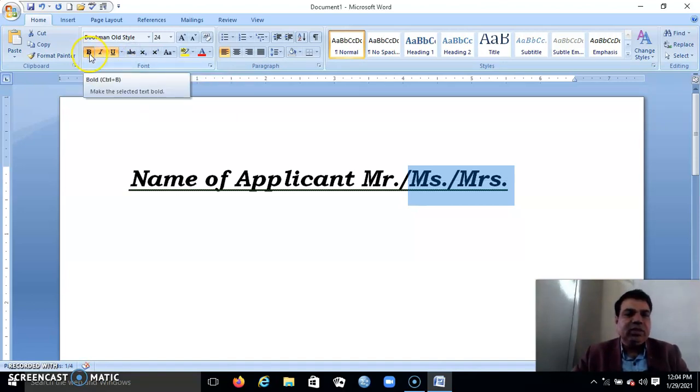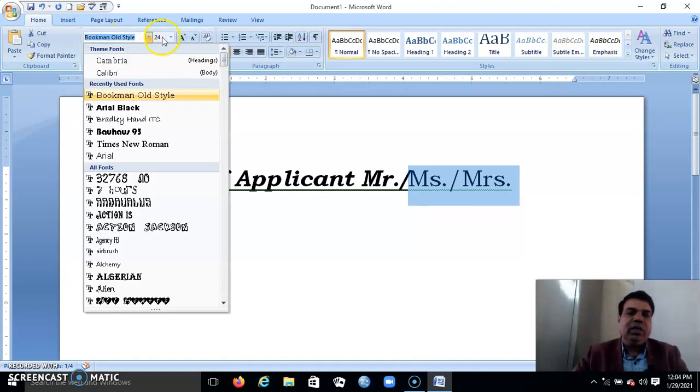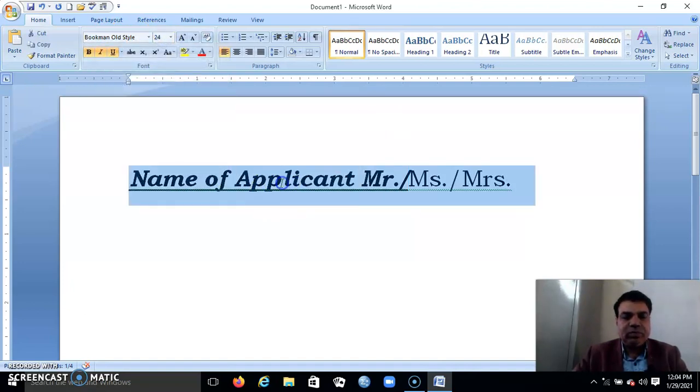Now we have understood bold, italics, underline, strike out, font name and font size. These are some more buttons. This button is used to grow font size. You can use the Control key with the greater than key to grow the font size.